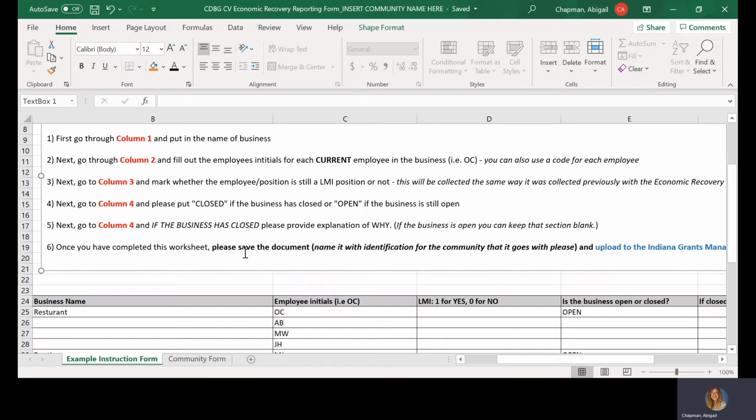Then you're going to look at column 2, and you're going to fill out the employee initials or codes. You don't have to use initials for each current employee in the business. And I emphasize the word current in the instructions because we want to see as of right now, when you're reporting this,